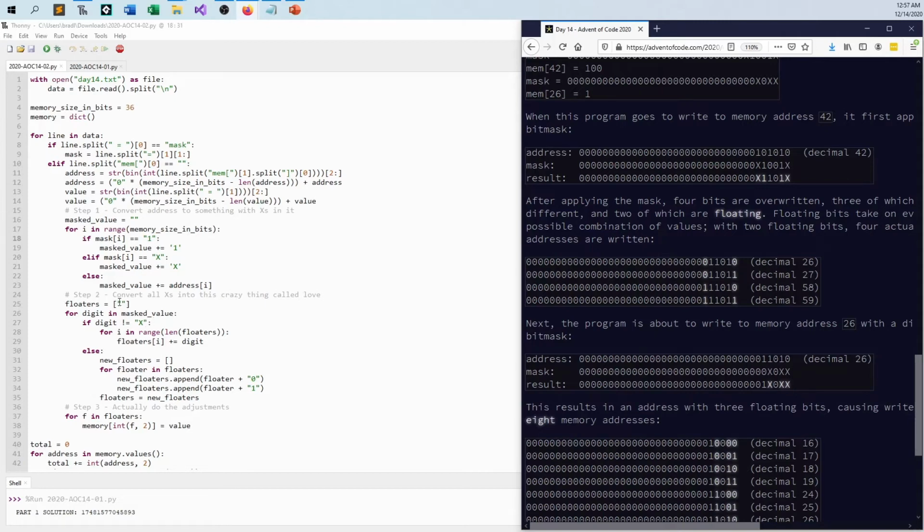And so that's what I'm doing here. The actual number of values I'm going to have to change. The floaters, I start with an empty list, because again, these are all strings. These aren't lists of lists. These are lists of strings. And for every digit in the masked value that we've